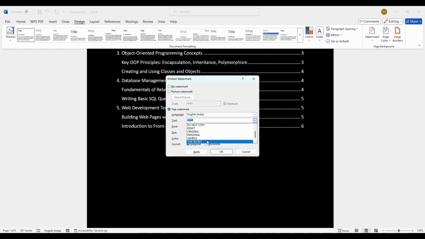If I click on the drop down, there are some predefined words over here, but if it's something that is not there over here, for example, it's my channel's name, so I'm just going to type that over here and I'll be able to customize it to my choice. And here in the same way, I can click on the font and select a font style if I don't like it. I can also select the size that I want, and I can select the color of my watermark